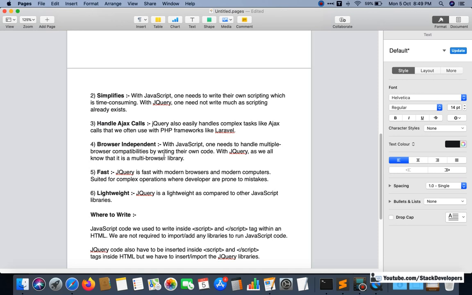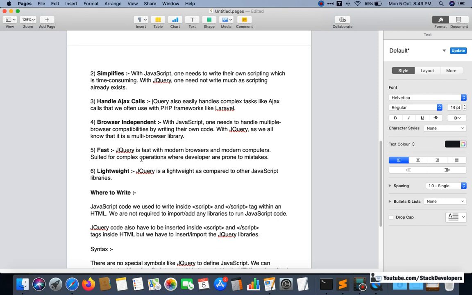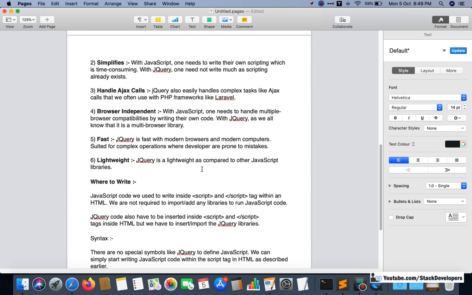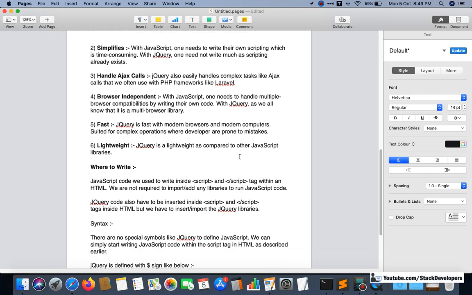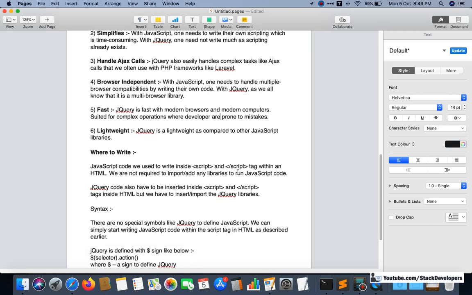It will work in all browsers, which is another advantage of jQuery. jQuery is fast enough. JavaScript is fast as well, but jQuery is also fast and works in modern browsers and modern computers. jQuery is lightweight as compared to JavaScript, as it contains the JavaScript libraries and built-in functions.